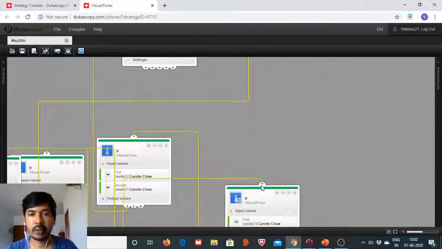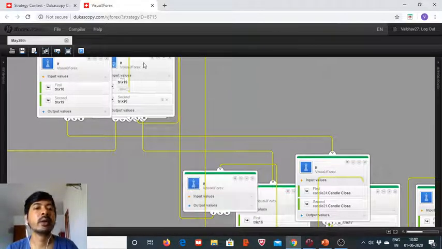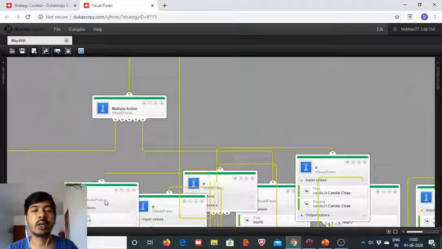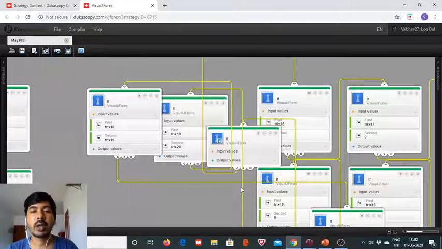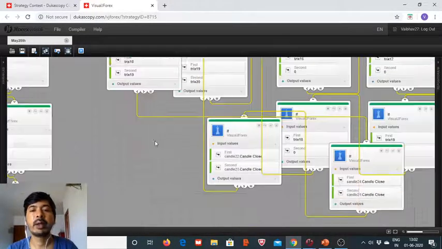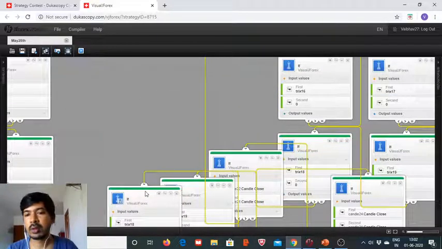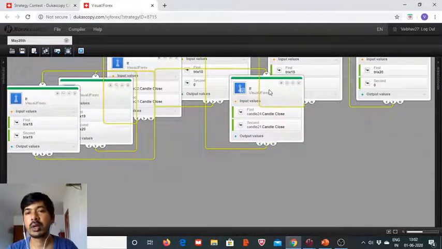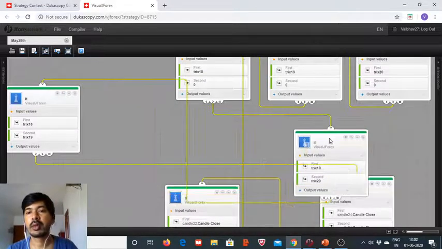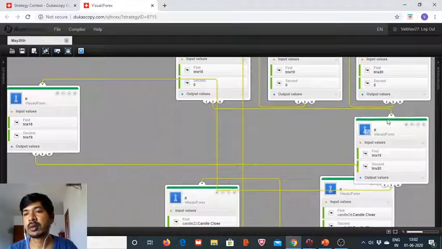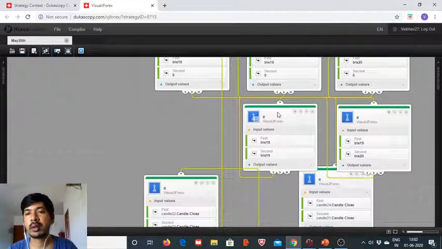So I hope you have got a fair bit of idea of what we are trying to achieve with this setup. We want to trade with the trend, and then on the shorter time frame a decent correction should have happened, and when the value again starts to fall further down, we want the new trading to happen. So we have got these TRIX values of 5 minutes candle, and then